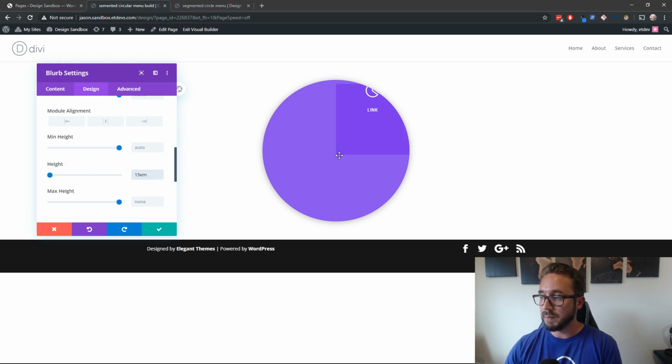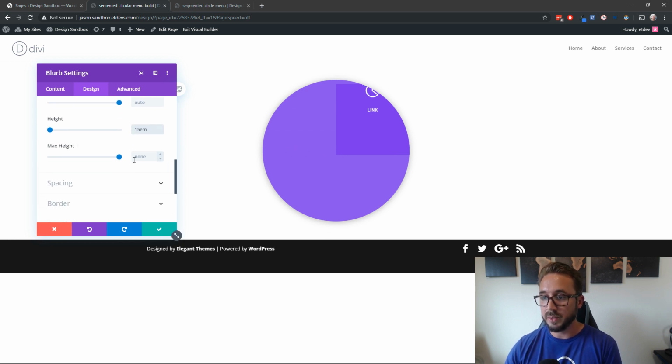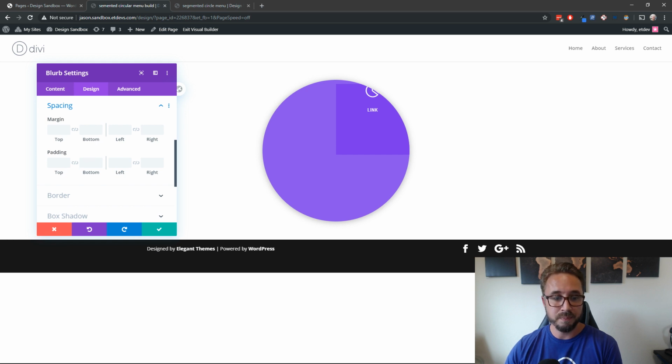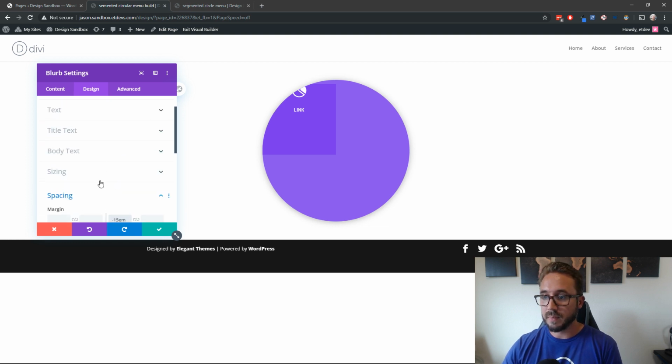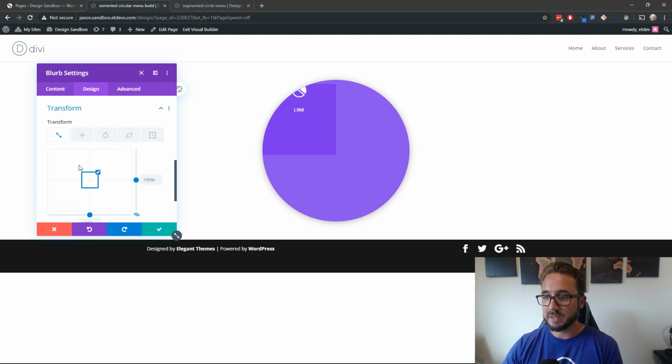And now, remember, I want the bottom right corner in the center. Right now, it's the left corner. So what I'm going to do is use margin, a left margin, to bring it over the same width of the module, so negative 15 EM. All right, so now my bottom right corner of my blurb is directly in the center. Looks like it is, so we're good. All right, so now let's go over to our transform